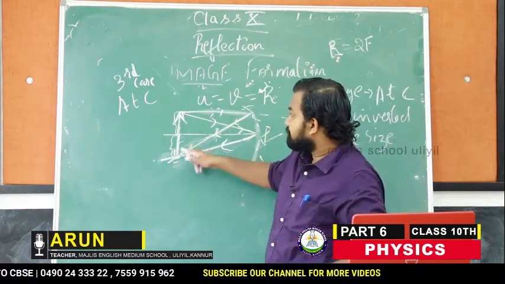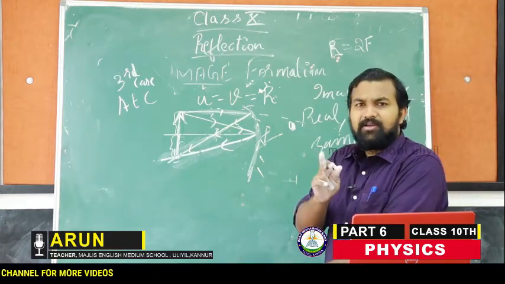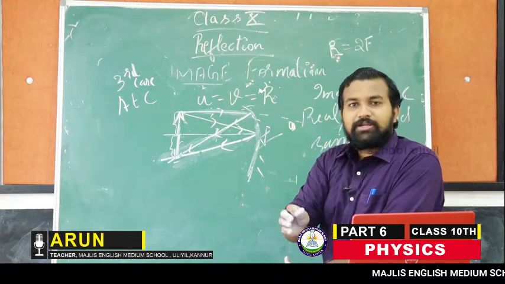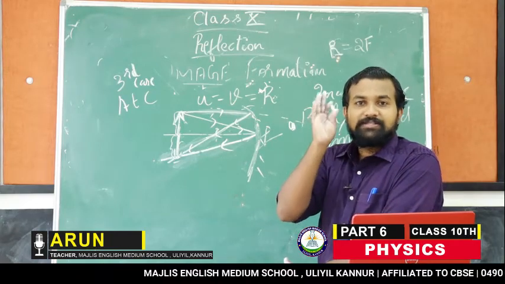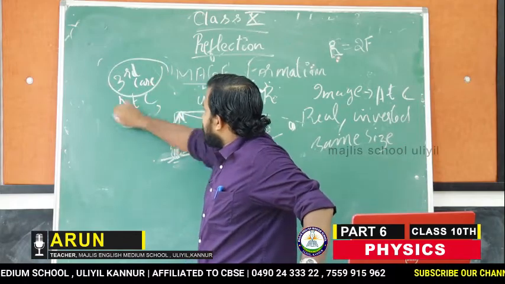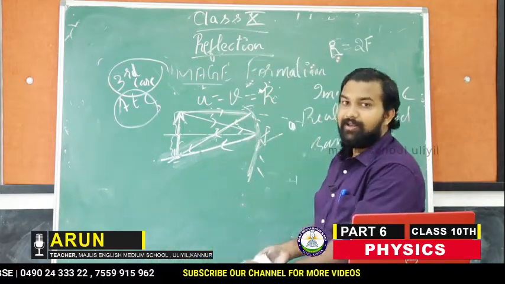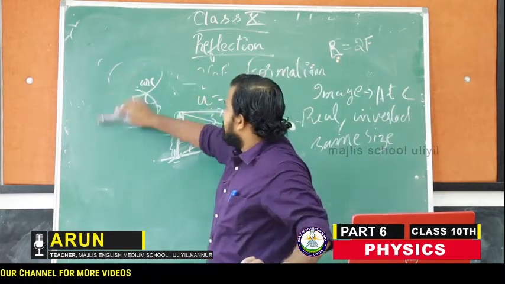Okay, so here we are having same size image and only one position for both the mirrors. Whichever mirror we take, it will be only concave mirror which will give same size image, and that will be when the object is kept at center of curvature. Important case. Third case is the important case. When we are keeping the object at C, we will get the image also at C, and it will be real, inverted and same size image. Okay, so that is the third case.